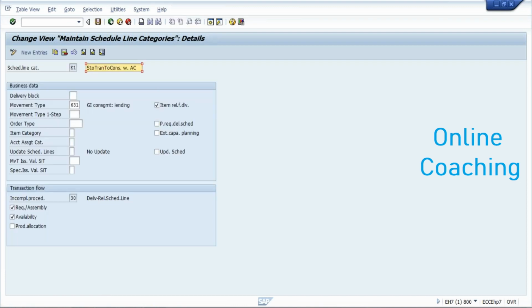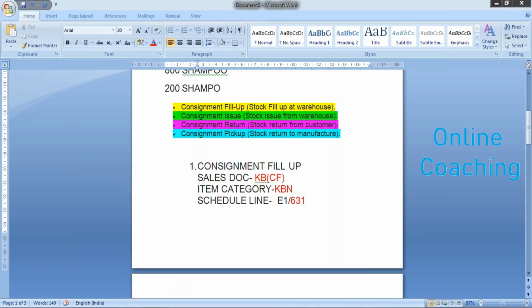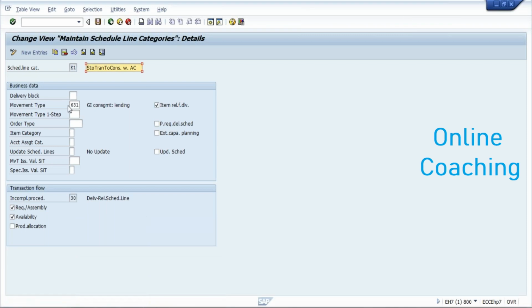You have seen here 631. Now you can see 631. What does the 631 stand for? Good issue consignment landing. Landing where? Dealer's place. Okay. The movement type